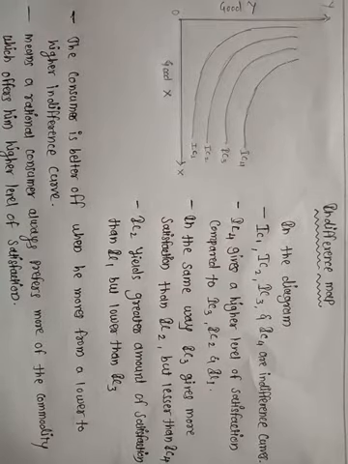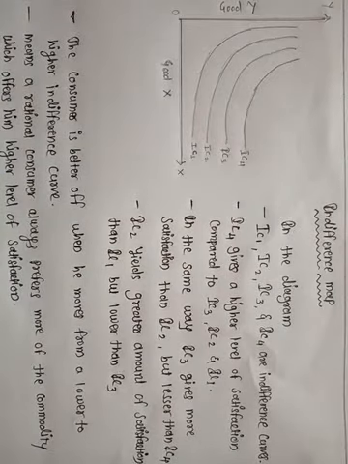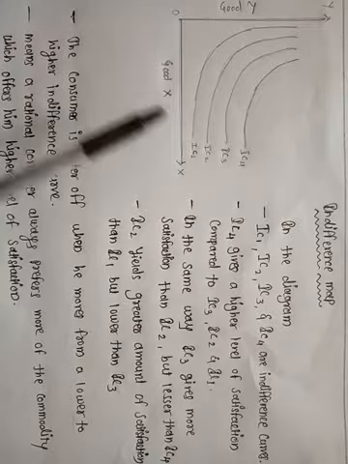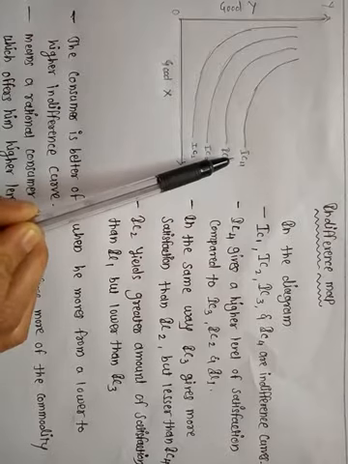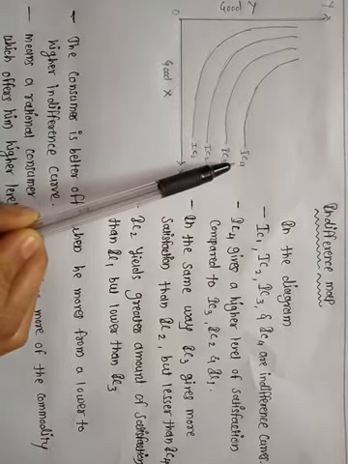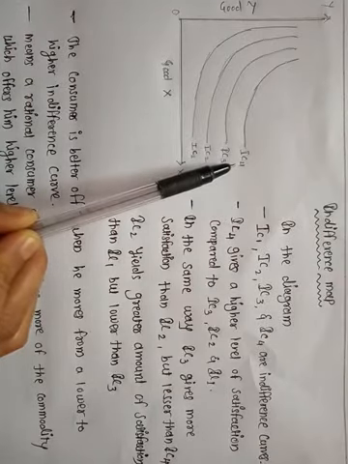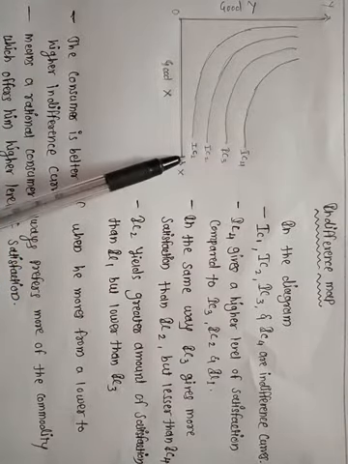See here, this is a diagram of an indifference map. If we observe this diagram, we will come to know that IC1, IC2, IC3 and IC4 are all indifference curves. Here IC4 gives a higher level of satisfaction compared to the IC3, IC2 and IC1 curves.